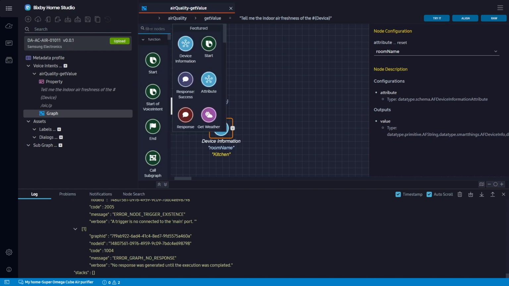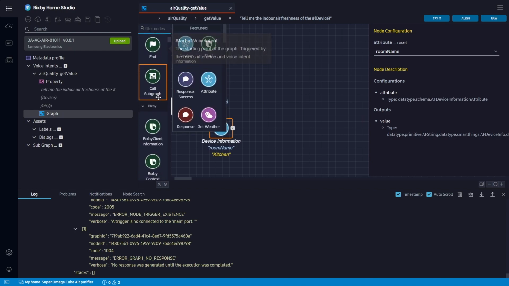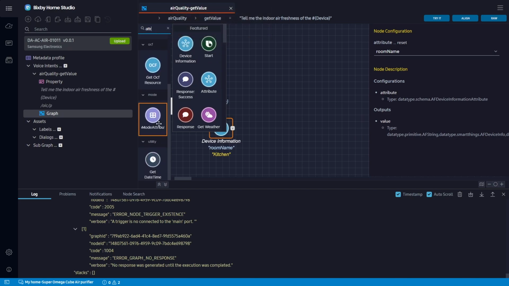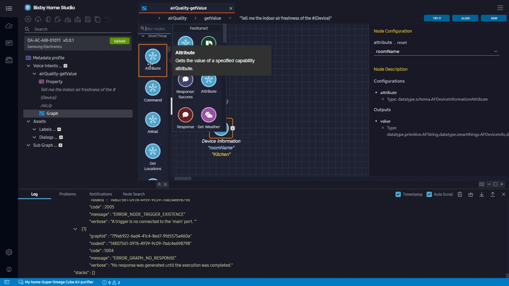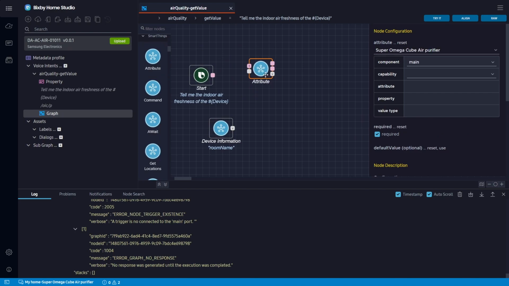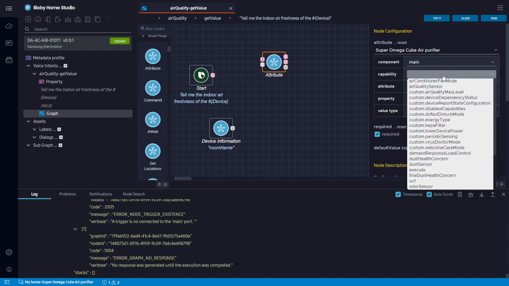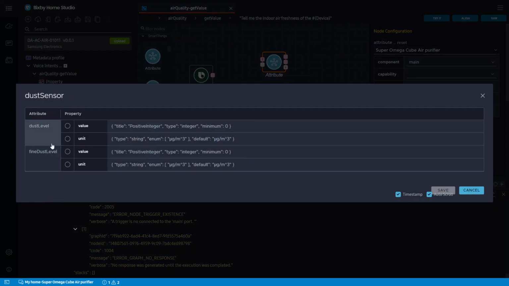Now, another node that I wanted to show you guys is the attribute node. Of course, you can just type in the filter nodes like attribute for it to show up. And of course, you can always scroll down until you find it as well. So we scroll down, here it is, the attribute node. The attribute node will give you device-specific information for you to provide some kind of response or to use in some way. So we're going to use the dust sensor in this example,